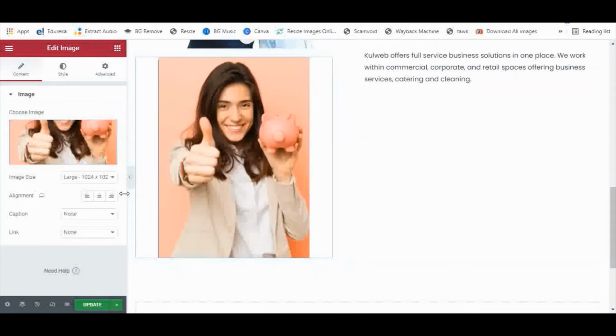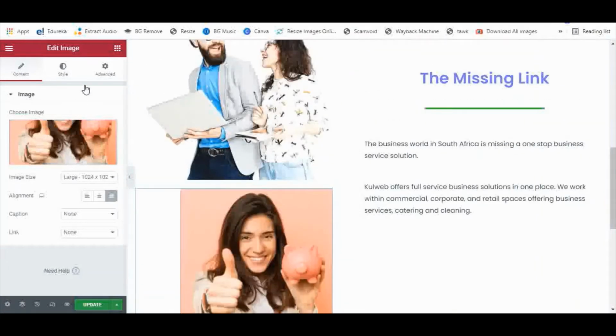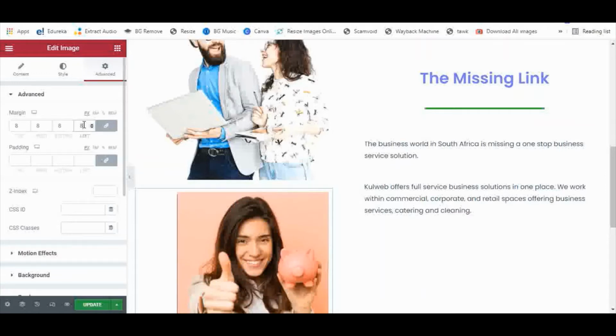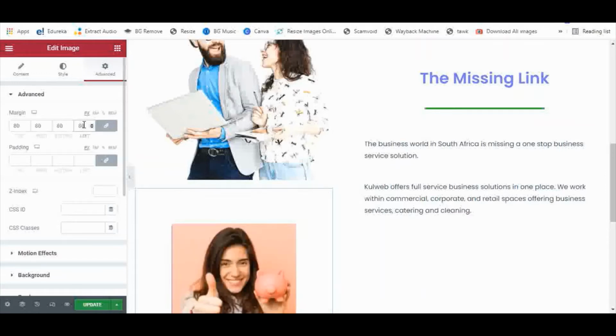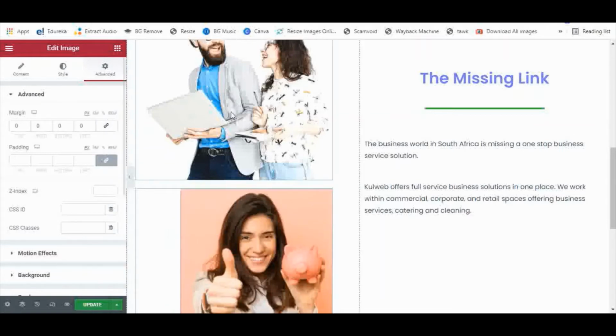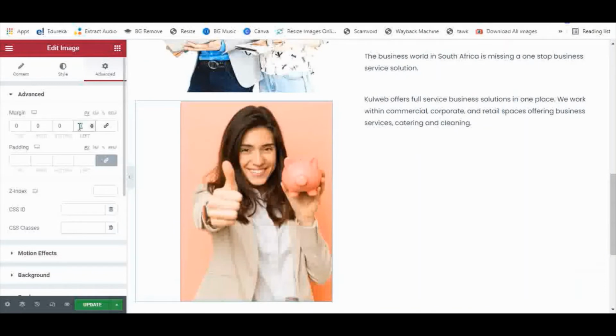So let us first right align this image and go to advanced. So let us add a margin. From the left we need some positive margin. Sorry, so we first need to unlink it and add a positive margin from the left, maybe 80, and we